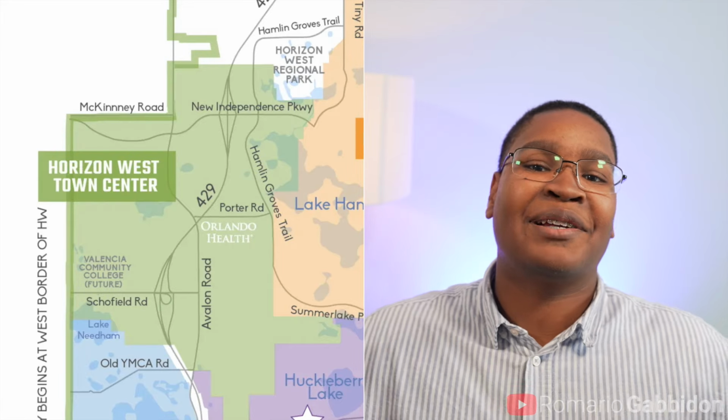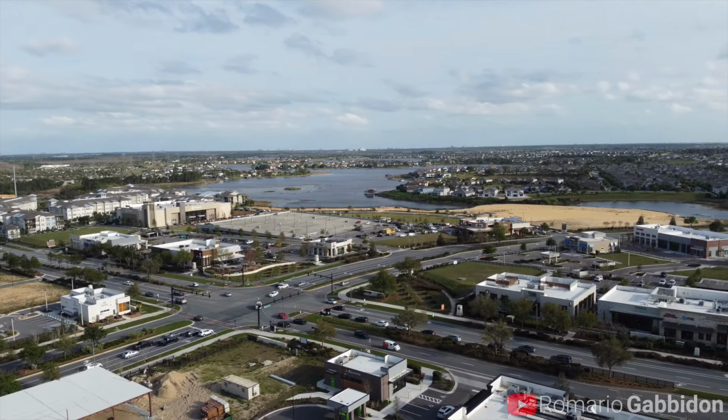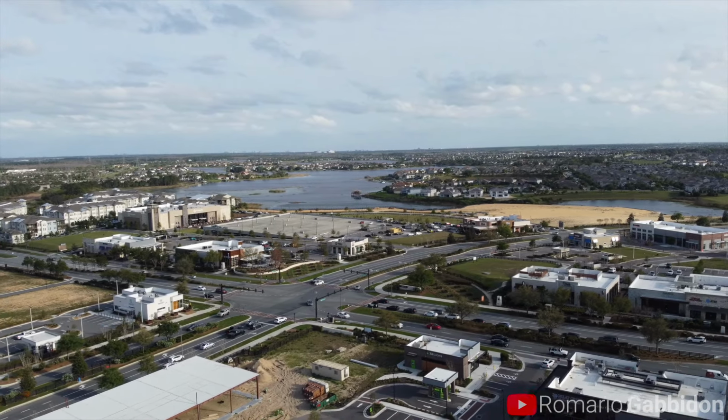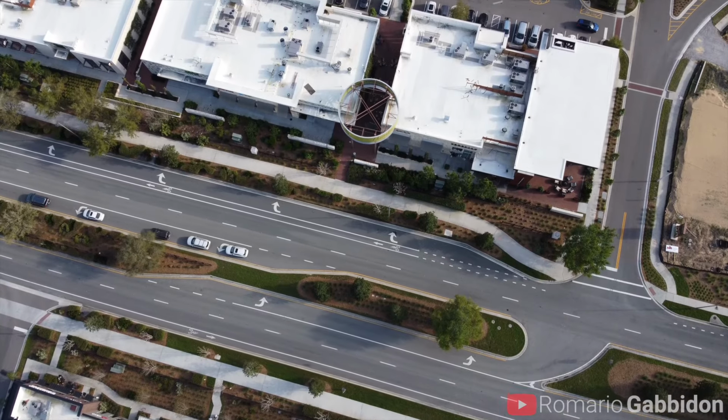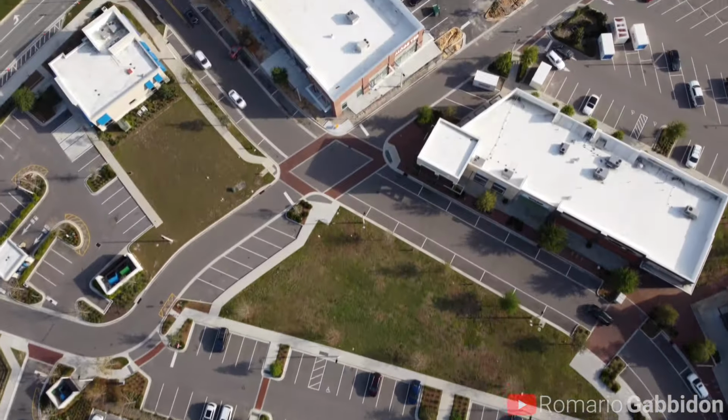And last but certainly not least is where all the villagers of all the different villages come and congregate as one, and that's going to be the Hamlin Town Center. As you can imagine, this is where most of your retail options are going to be. That's everything from Chase Bank to Publix to Walmart to the new Chick-fil-A coming in, to Bosphorus Turkish Cuisine, to the new Miller's Ale House, to the luxury movie theater, to the community events that they host there,